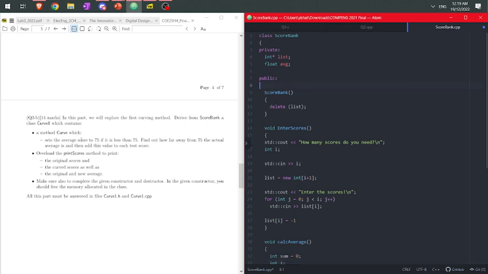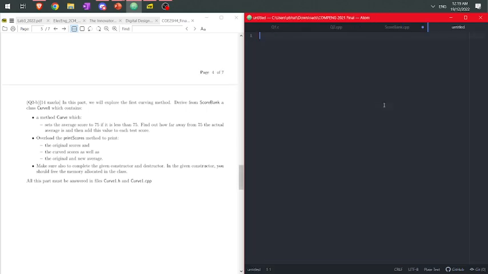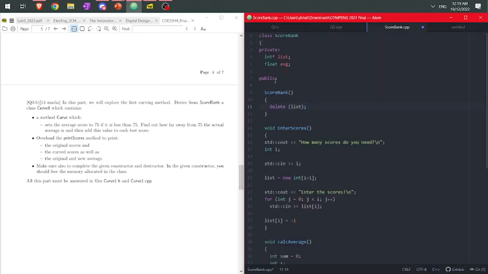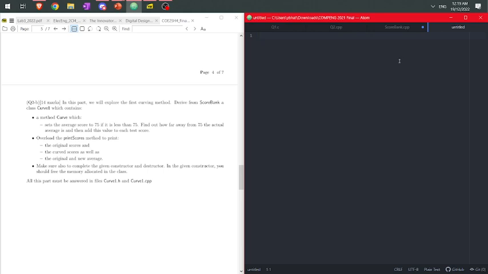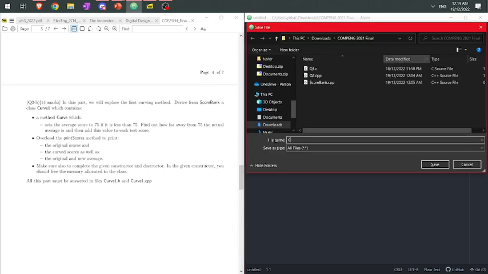Right, and then there's part B, which is the first curving method. So we have to derive from scorebank a class curve1. So I will write down a, and since we're deriving, I should probably make these protected since I'll be needing those values. And this will be a class curve1. So I'll save this file as curve1.cpp,